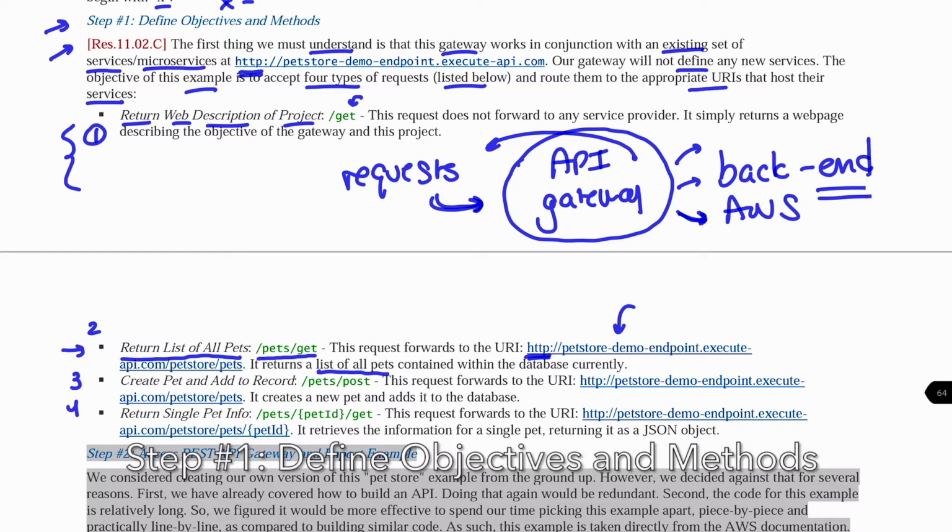The third request is create a pet and add it to the record. This is indicated by the path /pet/pets/post. This request forwards to a different URI, or slightly different URI, and it creates a new pet and adds it to the database. The last type of request that we're going to look at is returning a single pet's